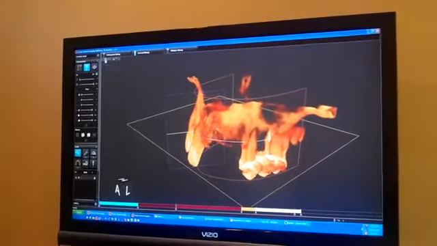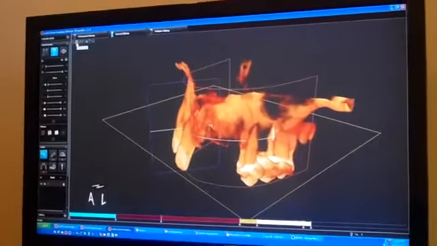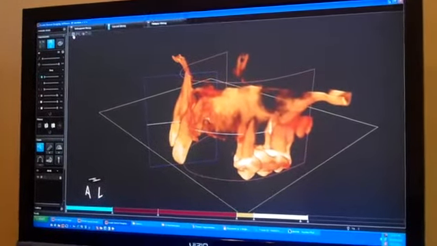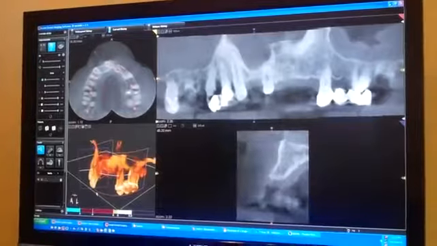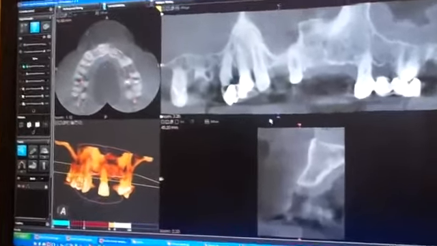Okay, now Doctor, just walk us through what you're showing us here, please. Sure, Giles. This is a different patient who actually is in need of removal of his teeth because of some unrestorable teeth and some issues with his periodontal status, and he's interested in getting some dental implants to support his